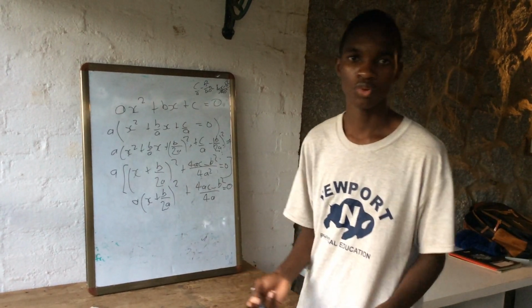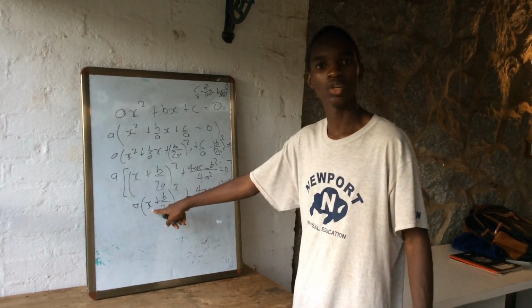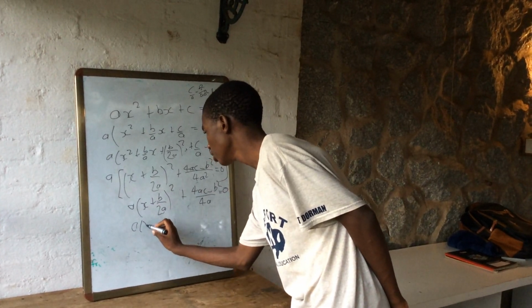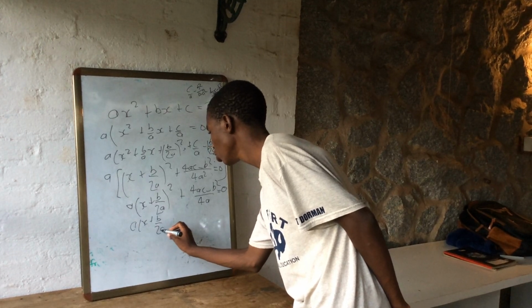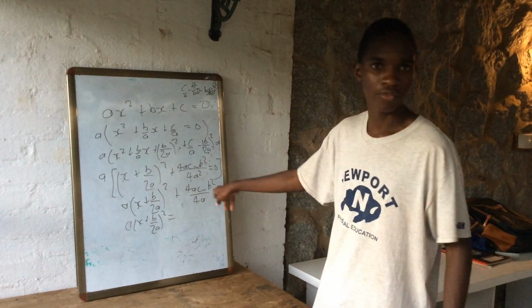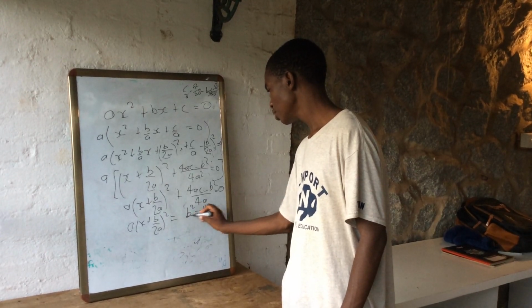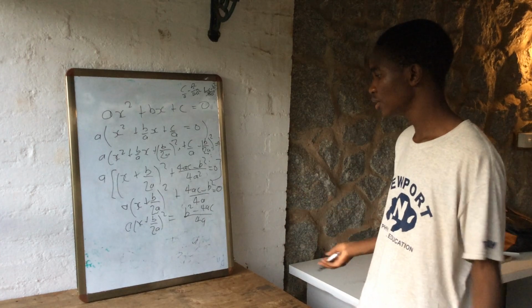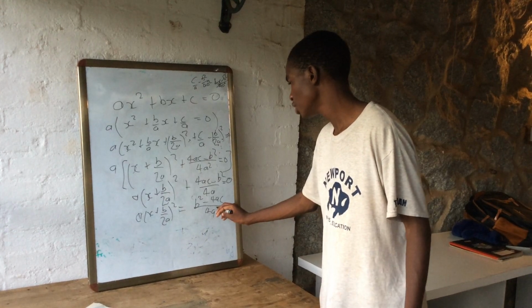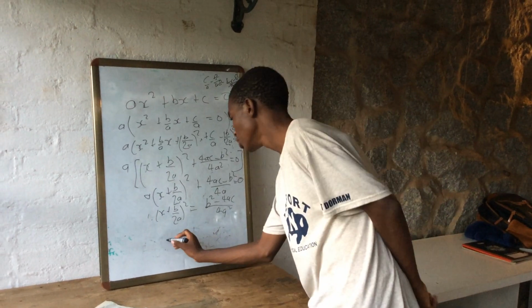So now let me teach you how to derive the quadratic formula. You just need to put this thing to this side and isolate so that you are left with only 1 x. So let's go ahead. You have a, you have x plus b over 2a squared equals, if you put this side, that side, it will have a minus. So you just have b squared minus 4ac divided by 4a. So to isolate the thing here, you just need to divide by a both sides. You have 4a squared here. If you divide by a, and by taking the square root of both sides, you will just be left with